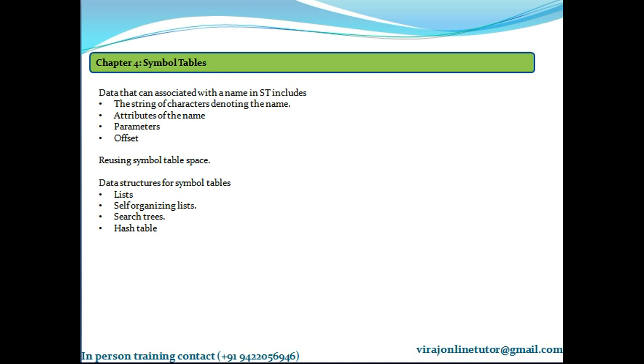If it is not already there, we store the new name in the words immediately following the available pointer, because that's the first location which is available for entry, right? And increase that pointer by the width of the symbol table record that we have just added, so that for the next entry we can insert the new element there. So available is just a pointer telling us which is the next location which is available for the entry.